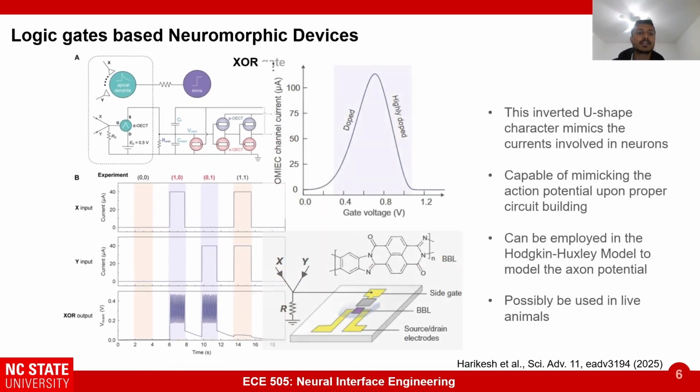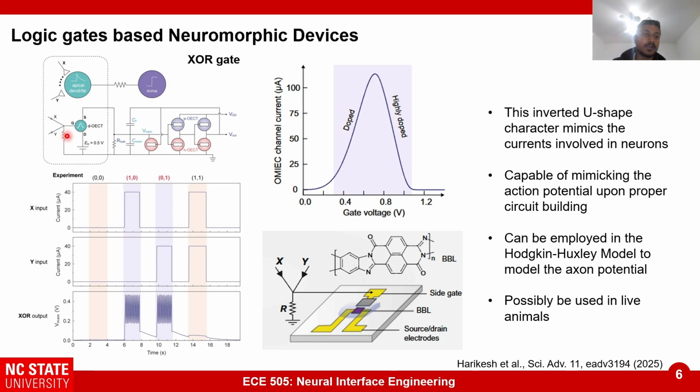Now, how is this circuit, or this OECT, capable of performing this kind of behavior? It's solely because of the material of interest here, which shows a transfer characteristic that looks something like this. So with increasing voltage, the current starts rising up to a particular voltage and then it starts coming down. So there is this negative differential transconductance region which occurs here, and that is what helps in